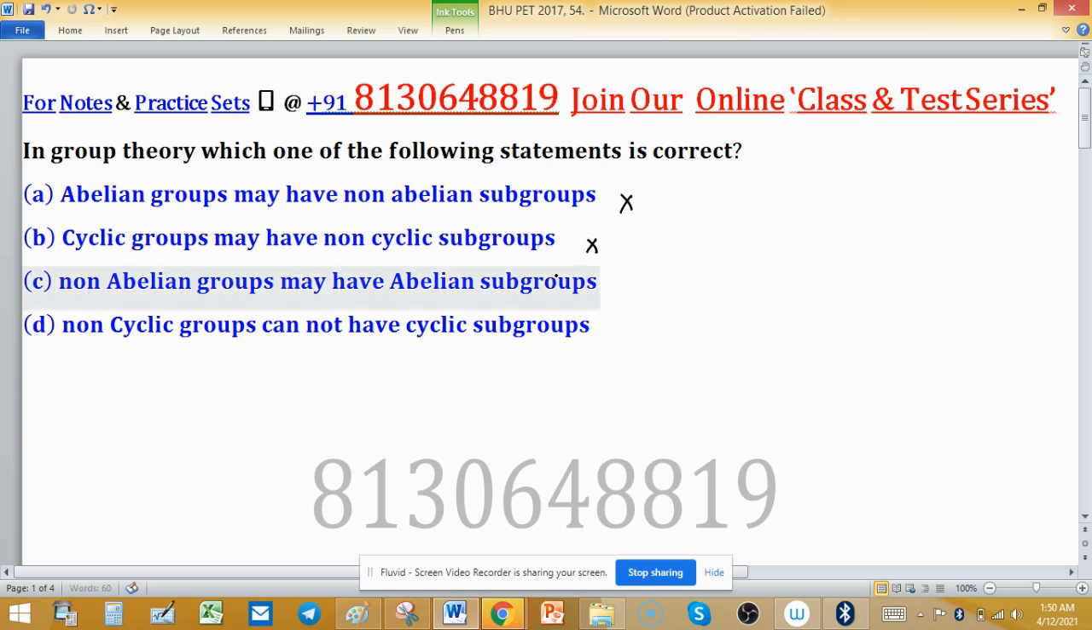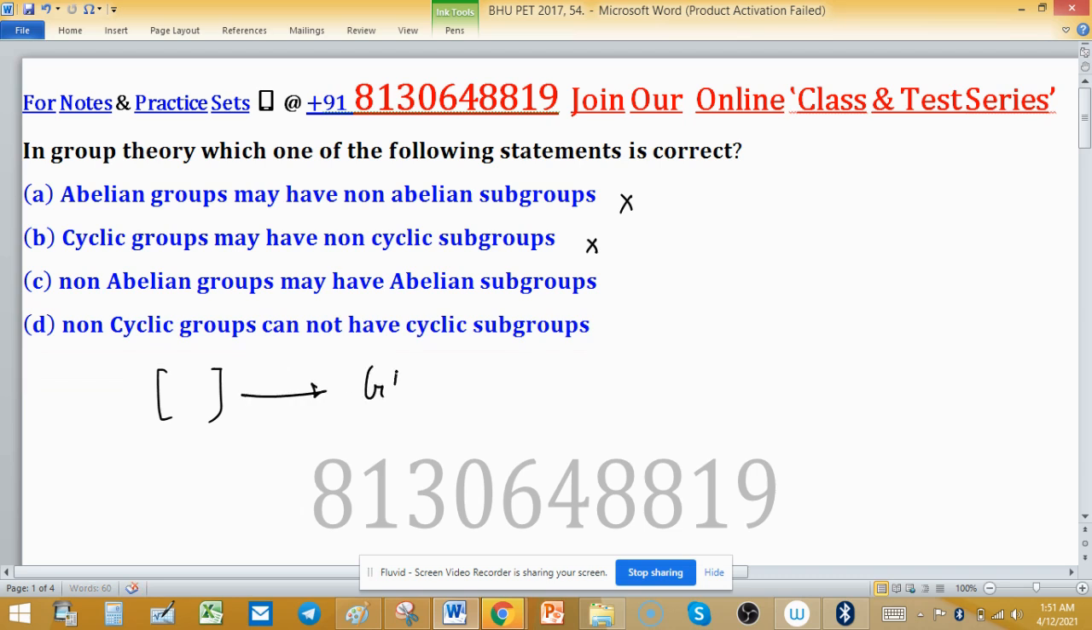Now come to option C. Non-abelian groups may have abelian subgroups. This statement is correct because we know that matrix multiplication forms a group, but a non-abelian group. But in matrix multiplication we are considering all matrices, suppose Hermitian matrices. So it may be abelian or not, but you can consider this is matrix multiplication, and in general or precisely